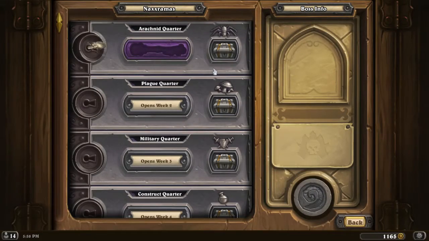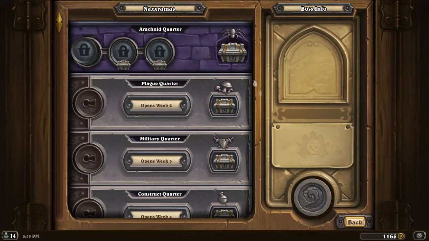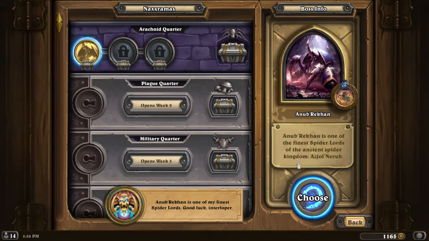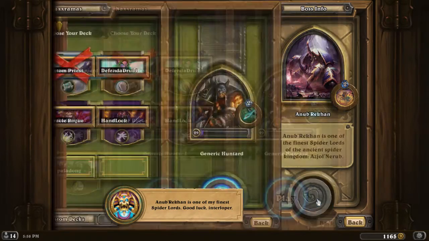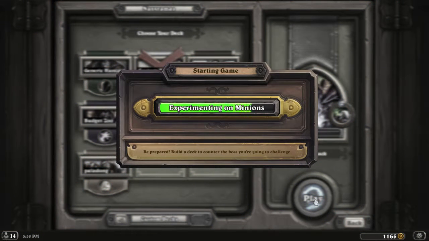Alright guys, I'm doing a Naxx run real quick, just wing 1. Figured it's new so I'll put it up there. I sped up this video. Right now it's really laggy in the game, I don't really know why, so honestly, this video should have been half as long as it was. I cut it down by about 4 minutes by just speeding up